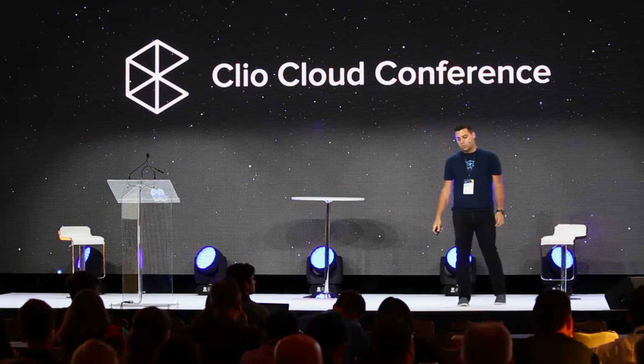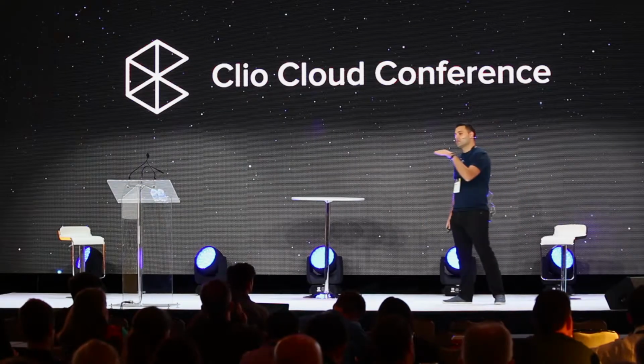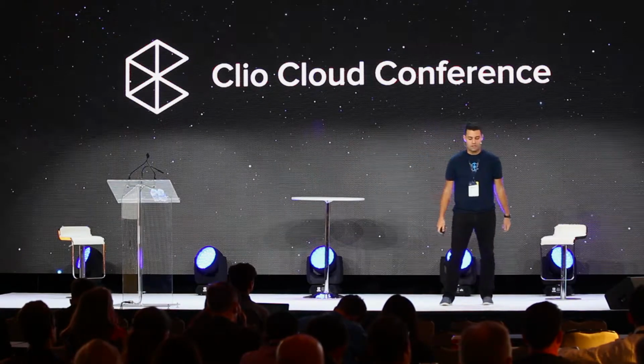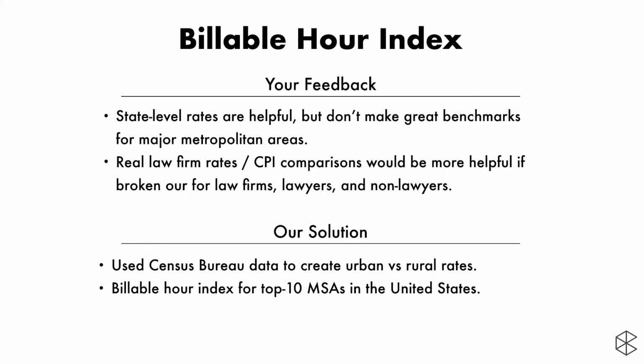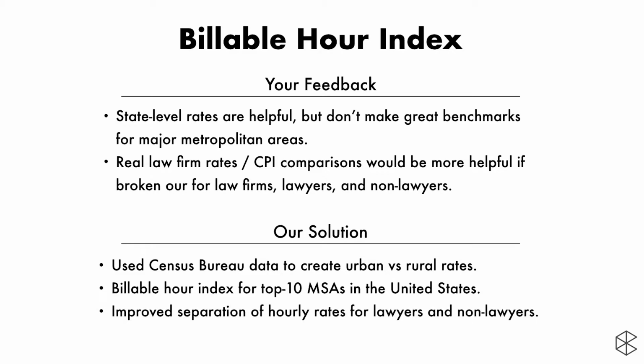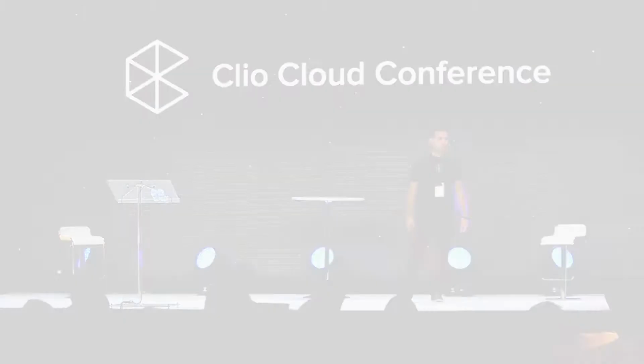One other piece of feedback was we mapped rates versus what's called the consumer price index, which is an index of prices over time for basic goods, things like healthcare, food, and shelter, and compared them to hourly rates, which we treat as the price point for legal services. So we were able to break those out more concretely for lawyers, non-lawyers, and then law firms. There's a blended law firm average rate, an attorney rate, and a non-attorney rate, so other types of fee earners in Clio, and we did a much better job of that this year. It was a very highly requested feature.